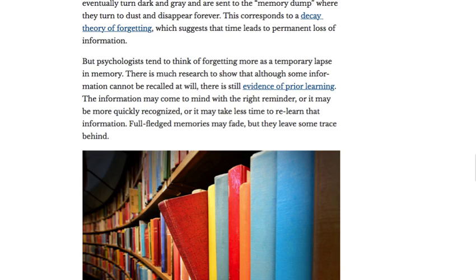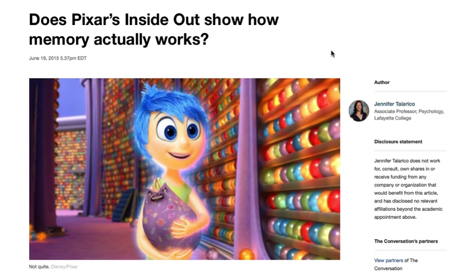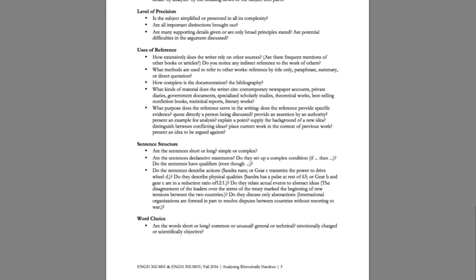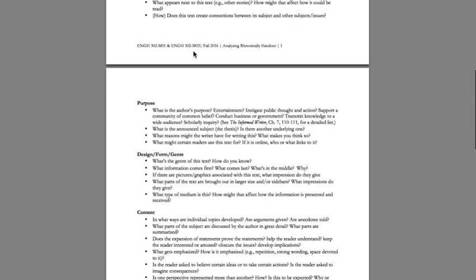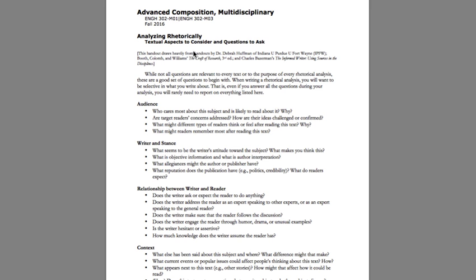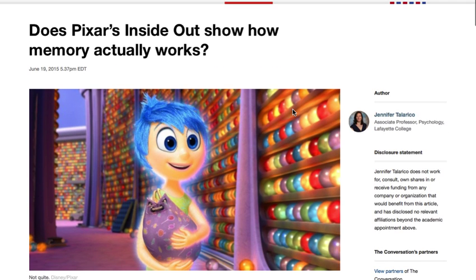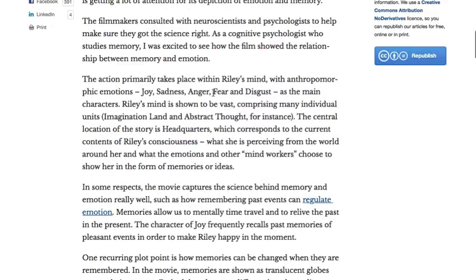One of the things I'll note is that when we're doing a rhetorical analysis of this, obviously you want to think about it also in terms of what it is. We're going to consider issues of sentence structure, word choice, how it uses references, how precise it is. All these issues depend on the purpose and the context, and the type of publication. If you're going to evaluate how this works rhetorically, we can talk about what it does. But for a piece published in The Conversation, we're expected to do something very different than